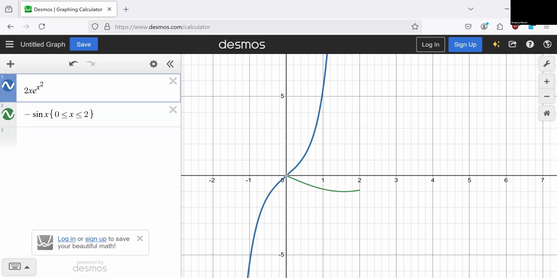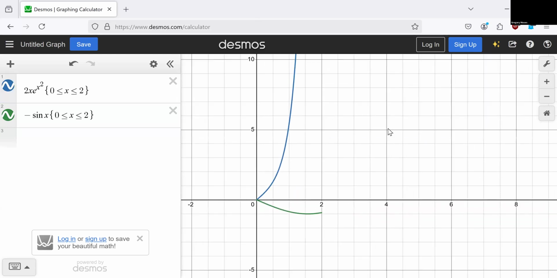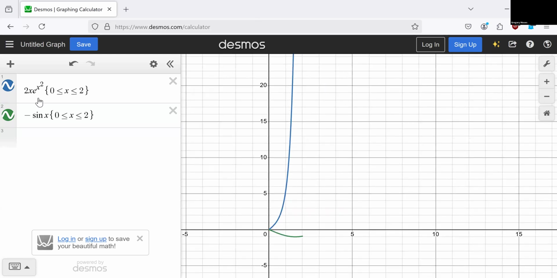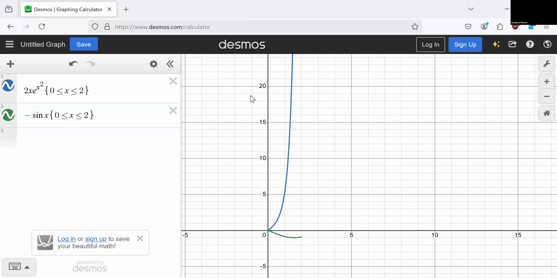I don't think we're going to have time to finish this problem out, but let's say we want the area between these curves. So e^x goes up very quickly and e to the x squared also goes up very quickly. But you see that this negative sine x is always below this exponential. So this exponential is our upper curve. This negative sine x is our lower curve. If we wanted the area on this interval,